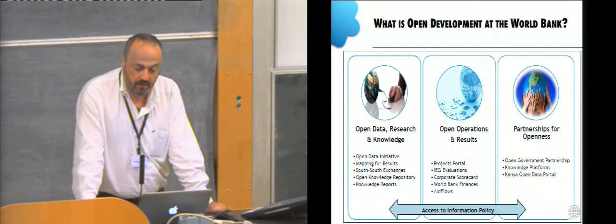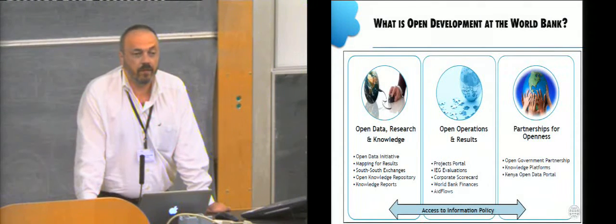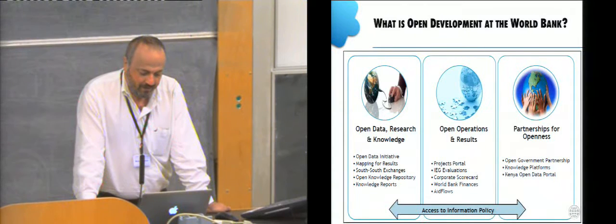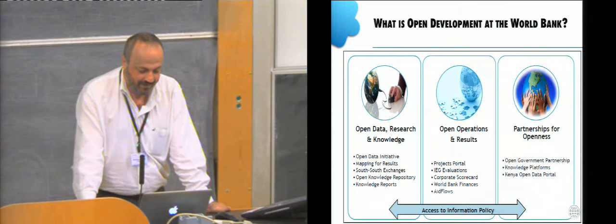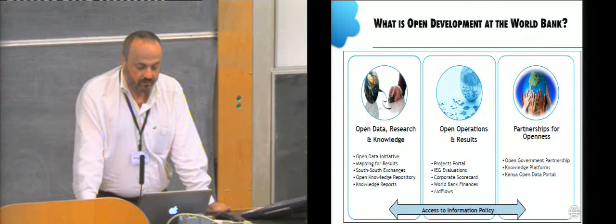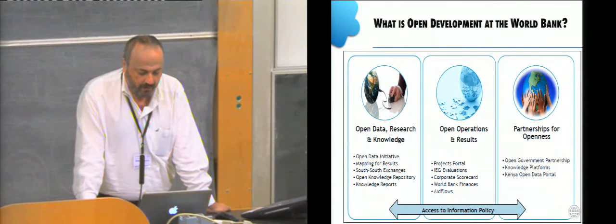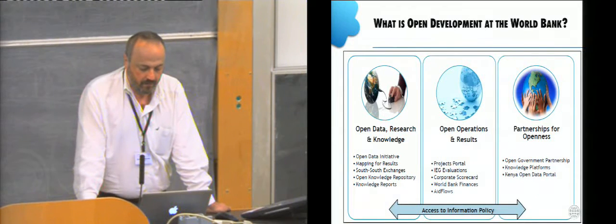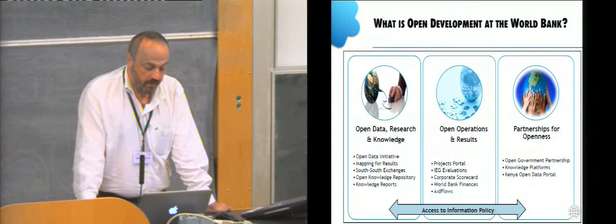In 2010, the bank decided to really open itself up, and it was done under the umbrella of the arrows at the bottom, the access to information policy, and I use the word umbrella wisely in Edinburgh, it seems. And as you can see, it's made up of a number of elements, strategic objectives. Some of them are about making operations and project documents available, creating knowledge platforms within the bank that are also available externally. But I'm going to focus really on the left-hand strand, which is the open data research and knowledge objective.